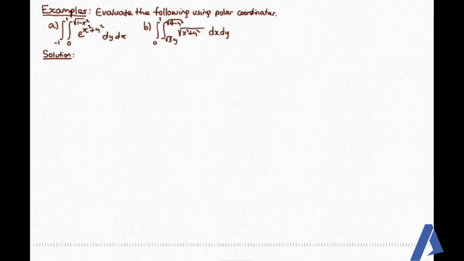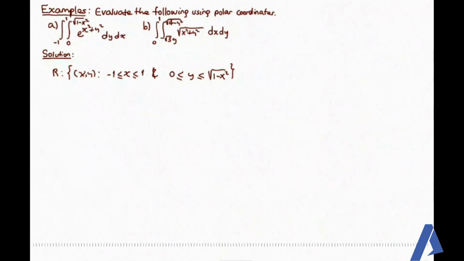ስለዚህ ወደ ኤግዛምፕላችን ስንሄድ መጀመሪያ ሪጅኑን እናውጣለን። our region ordered pair of x and y such that x is between -1 and 1 and y is between 0 and the square root of 1 minus x square. ይህንን በኮንቬንሽናል ሜተድ ኢንተግሬት ማድረግ እንችላለን፣ ግን በጣም ረጅም ስለሚሆንብን ፖላር ኮኦርዲኔት እንጠቀማለን ማለት ነው። ስለዚህ መጀመሪያ ሪጅናችንን ግራፊክሊ እናወጣዋለን። ግራፊክሊ ስናወጣው በኤክስ ዳይሬክሽን ከ-1 እስከ 1 ነው የሚለው፣ በዋይ ዳይሬክሽን ደግሞ ከ0 እስከ the square root of 1 minus x square ነው የሚለው።